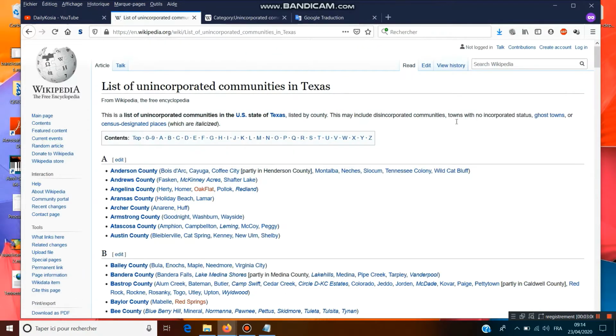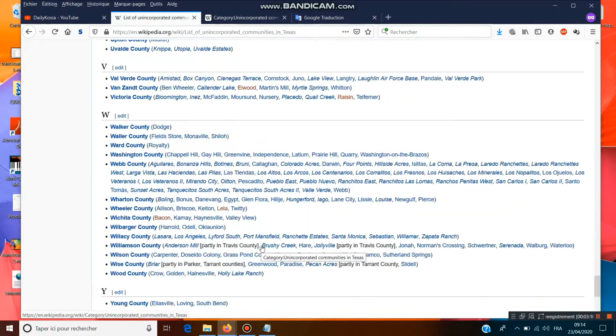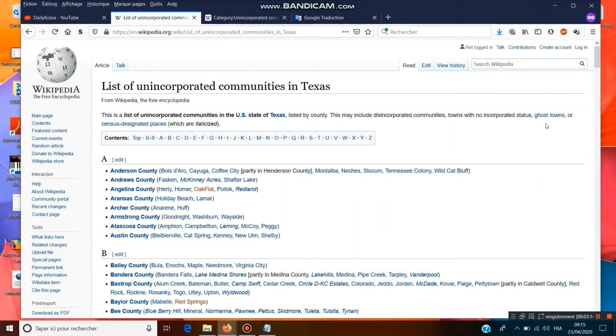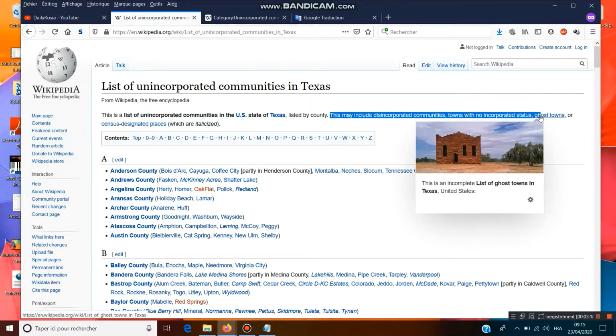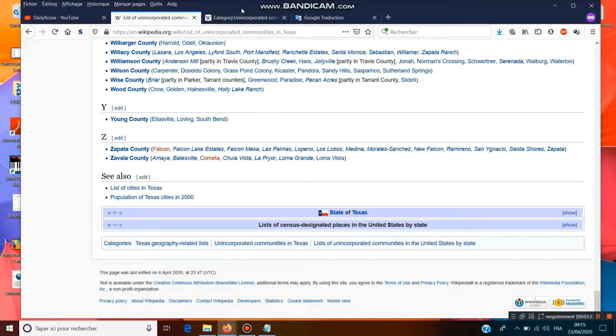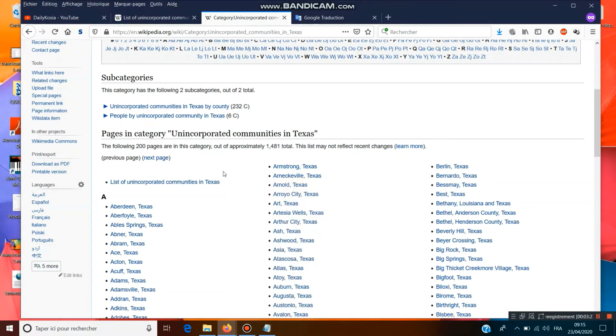Into the category, they are not census-designated places in Tennessee. This may include some communities, ghost towns. Okay. Sometimes I will look after, maybe it's true.